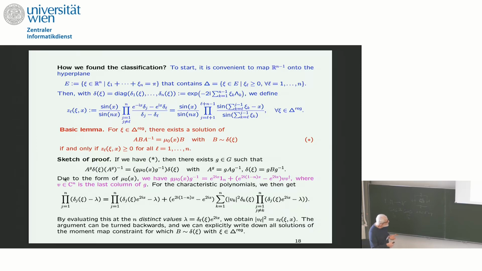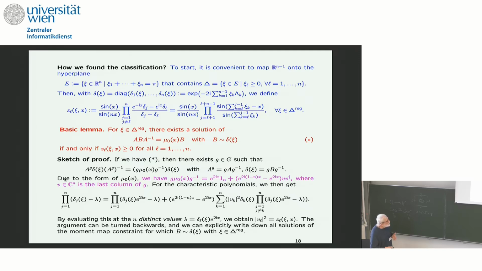So on the left hand side for the characteristic polynomial you obtain this, because this is a diagonal matrix, and this delta J is just the diagonal matrix elements, delta 1, delta 2, delta n. And on the right hand side, because this matrix is very special, you can also calculate the characteristic polynomial, and it is this. Then if this delta is a regular matrix, if all the eigenvalues are different, then you can evaluate this at n distinct points of lambda, the variable in the characteristic polynomial. In evaluating it at specific distinct values, you will see that from this sum only one term survives. You don't see it immediately, but this very much simplifies,